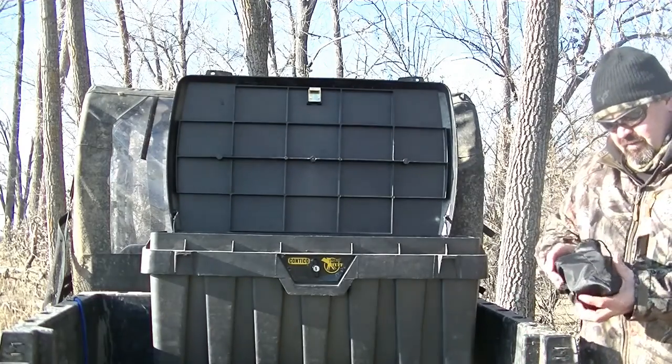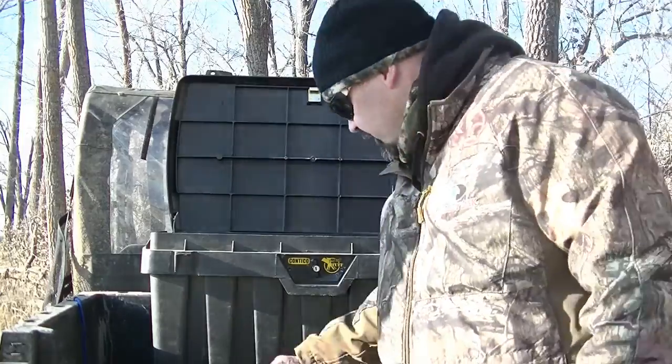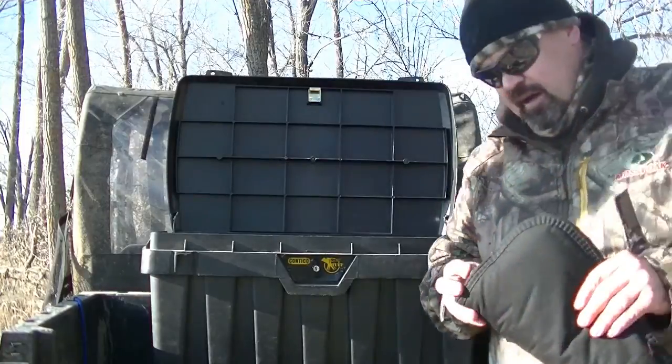I've been carrying in here lately my Silverfire Scout portable stove. I've just been using it more or less for the fun of it. Another thing I've been carrying in here is